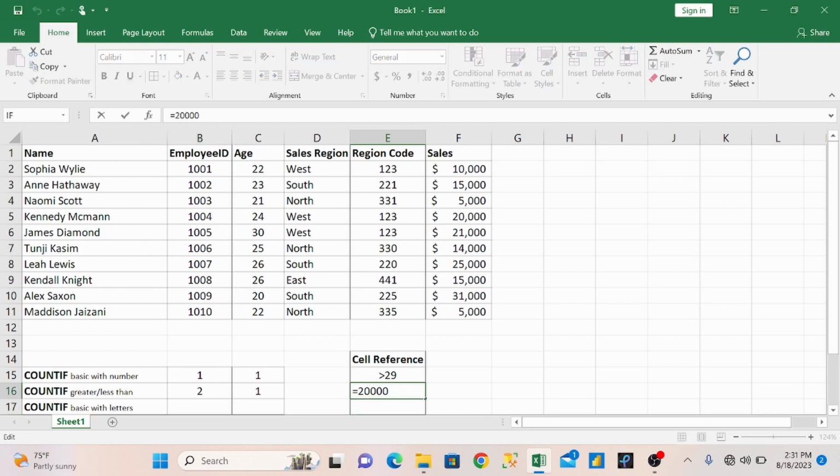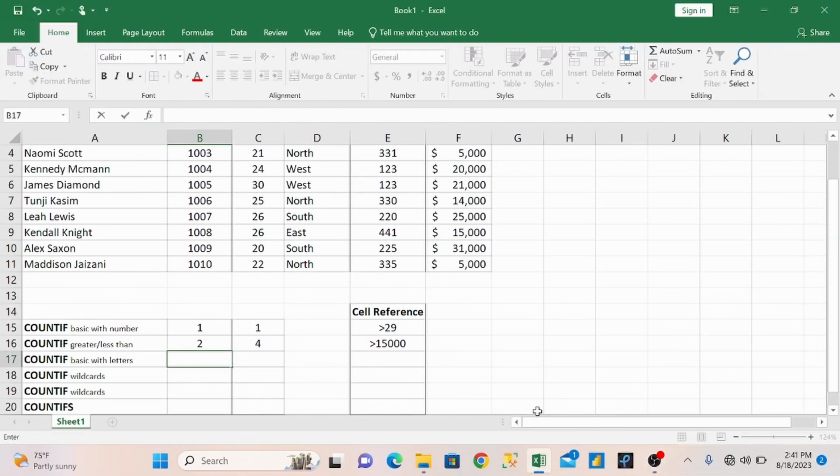I can add greater than, 15K. Let me add 15K here. Okay, and it returns 4. If you have to count, four sales are greater than 15K. So I've showed you how you can use operators like greater than or equal to find what you're looking for